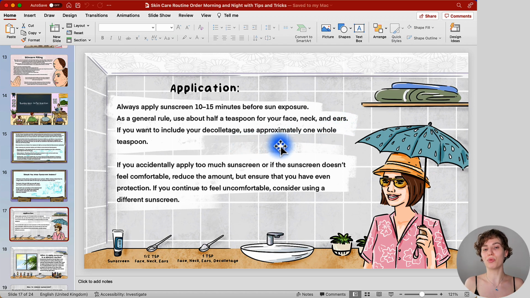Now, if you should end up with too much, it's totally fine to adjust this general guide, but overall you should understand that you need to use a fair amount to evenly and properly cover it all over to protect the skin from the damaging UV rays. But you can see the labeled images right here, plus for what areas it's going to be needed, so that you have an overall general guide in mind. If you want to see the application of the sunscreen, I have a video for you in the top right corner.